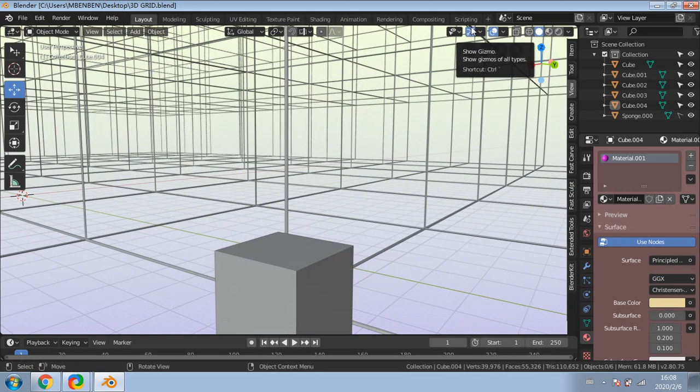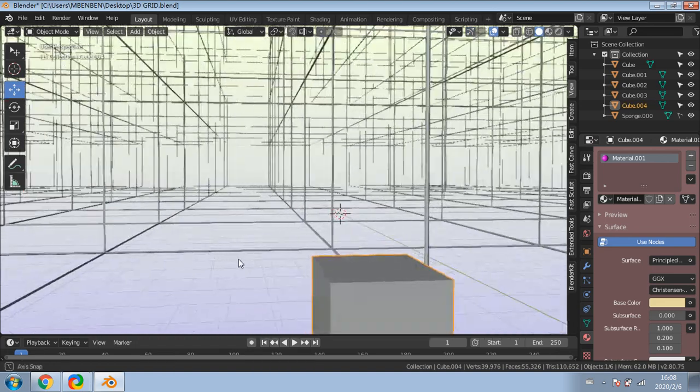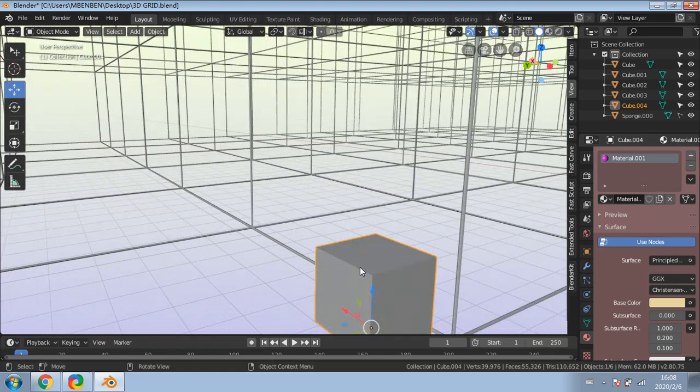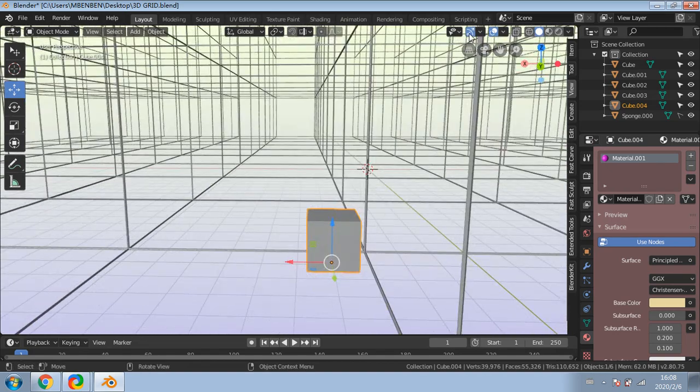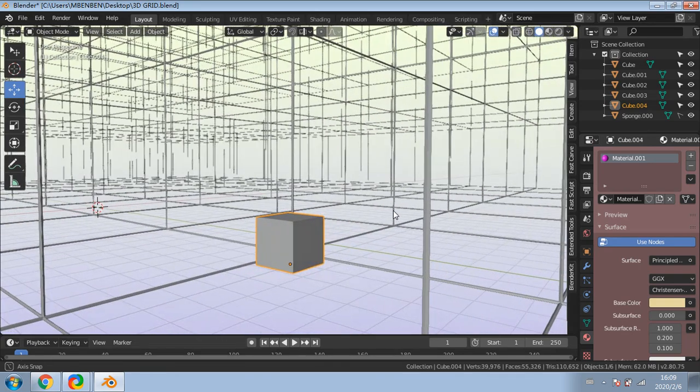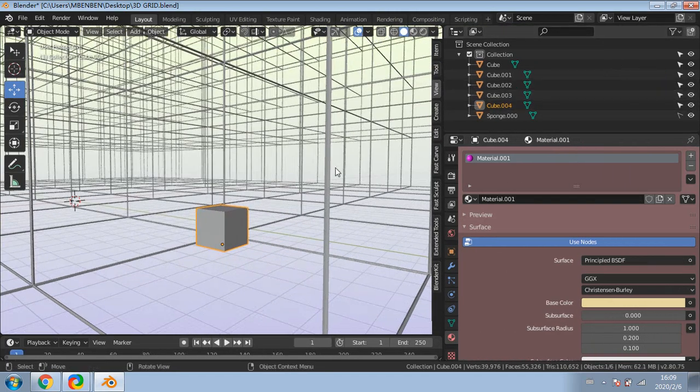The next one is obviously the show gizmos, so they're quite important. So if I'm clicking on an object like the cube here, I can show those gizmos, the controlling arrows there and stuff. Now I want to say one more very important thing here, very important. If you look over here on the right hand side, you can see beside all of my objects here, which I have cubes in the scene,